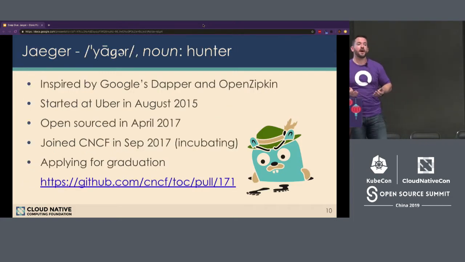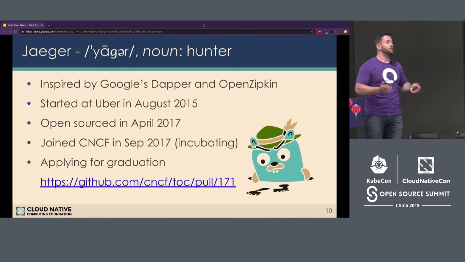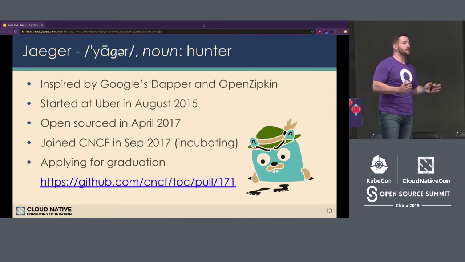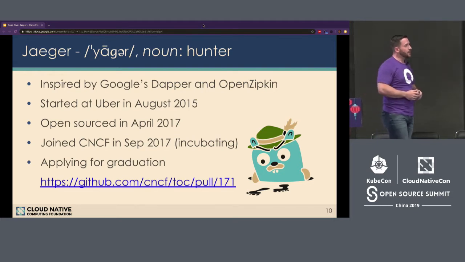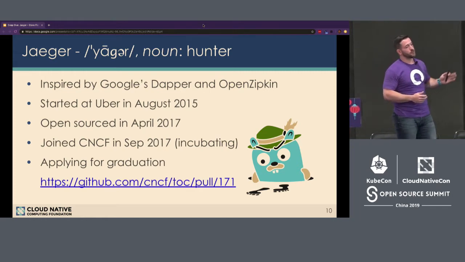So with that background, let me introduce Jaeger. Jaeger is a distributed tracing backend. It doesn't focus on metrics and logs, it focuses on distributed tracing. It was actually invented at Uber. If you've heard the name Yuri before, he's one of the main architects and contributors to Jaeger. It was open sourced and made available in 2017.